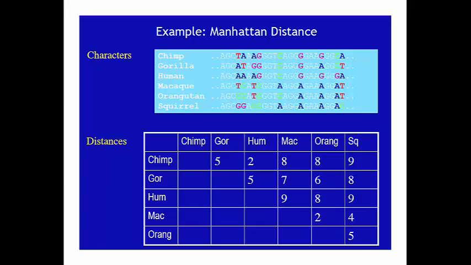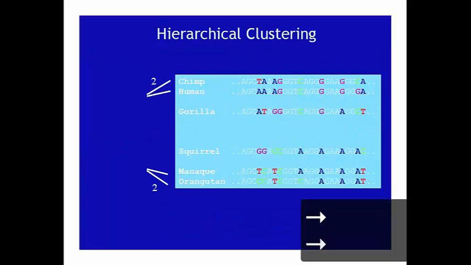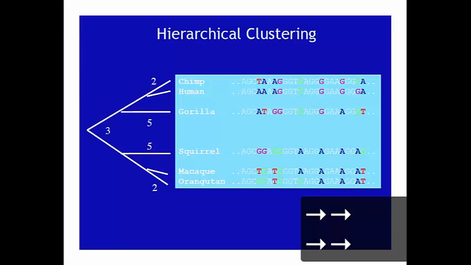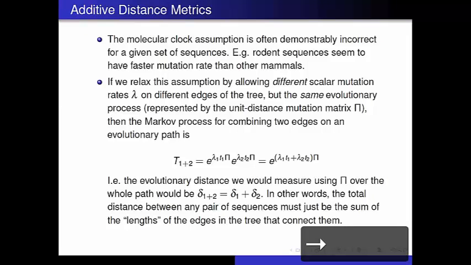But just to follow the obvious algorithm, we look at that table, we see a minimum distance. Mac versus orang, or chimp versus human, both have distance of 2, so we end up joining. That's the whole algorithm. Okay, so